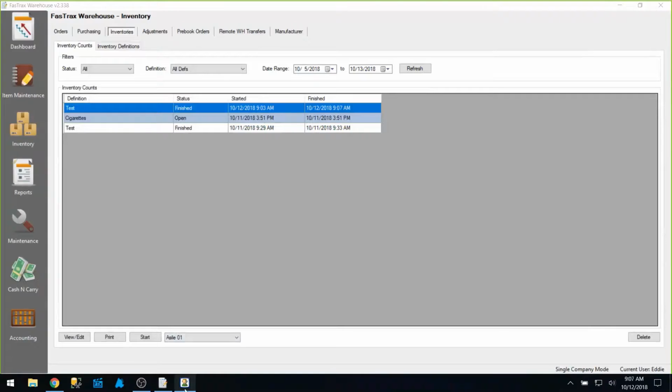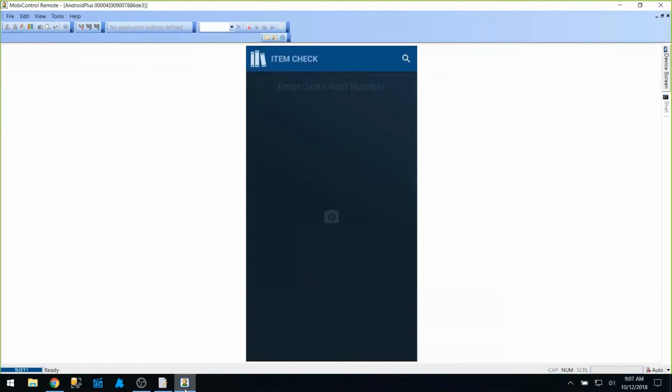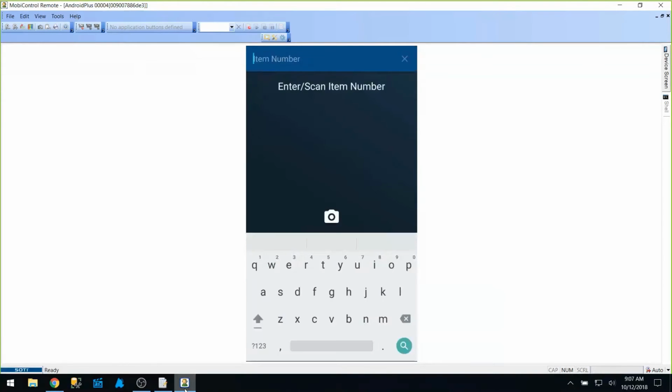The next module that we have is Item Check. This is just that you are going to scan an item to check the pricing, locations, and things like that for it. So if we go in and check our item,